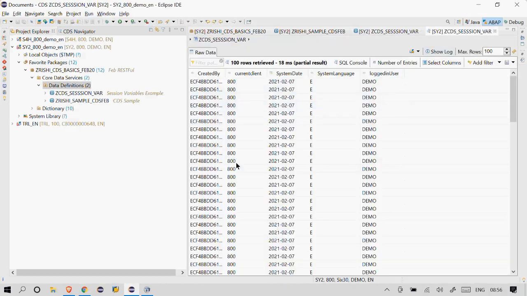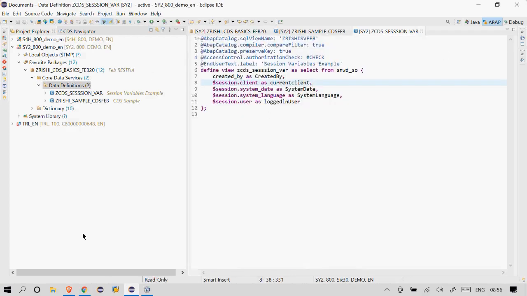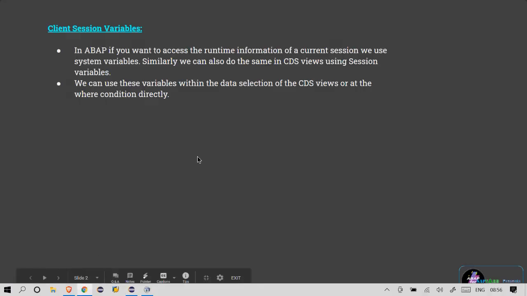F8. And I can see all the information: current client, system date, what is the logged in language, who is the user who logged in. So this is one example. So the third example will be